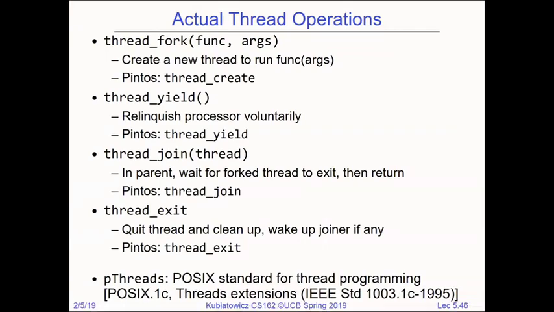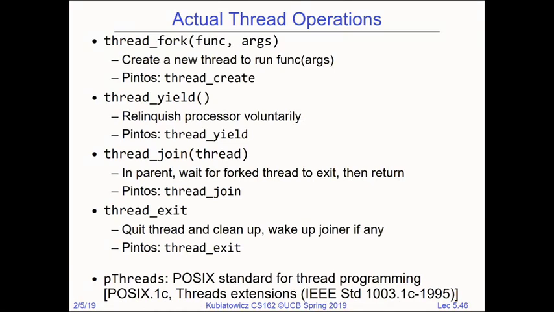There's a thread fork, which takes a function and a list of arguments. There's a thread yield, which is to relinquish the processor voluntarily. There's thread join, which is in the parent: you wait for a forked thread to exit, and then you return. Thread exit quits the thread, cleans it up, and wakes up any joiner if there is one. So these are actual thread manipulation functions. And by the way, you'll get to play with them